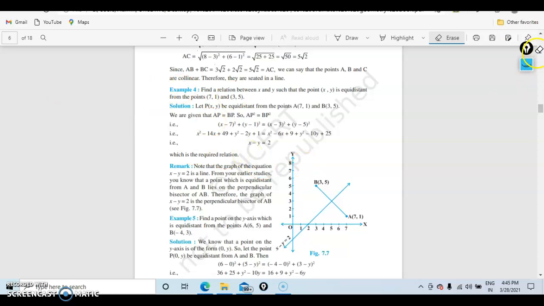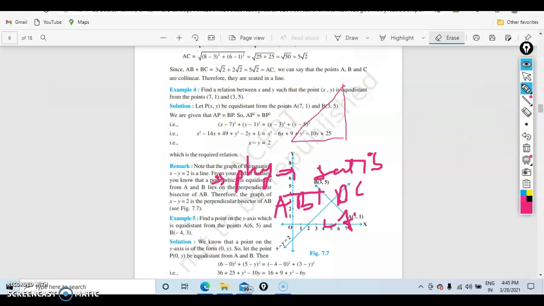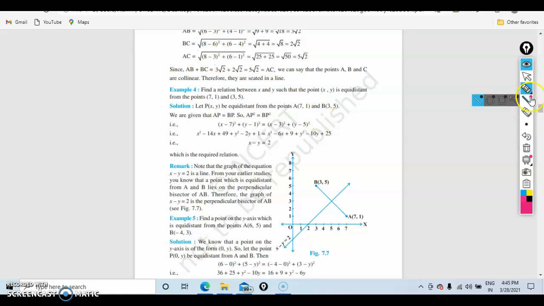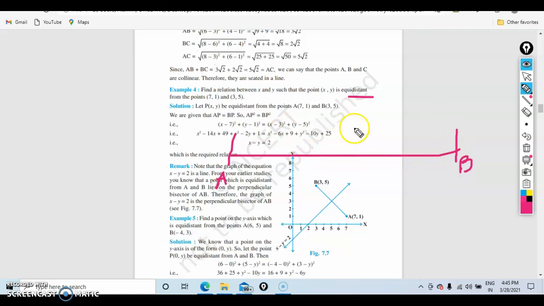Okay, and now coming to this fourth question. In the fourth question, a new topic will be added. The topic will be equidistance. What is meant by equidistance? Suppose, first of all, every time we are finding the distance between A and B. Now, equidistance means there is a middle point. So there is one middle point, we call it P, and we can give it the name XY.